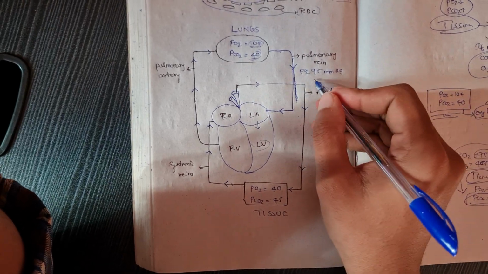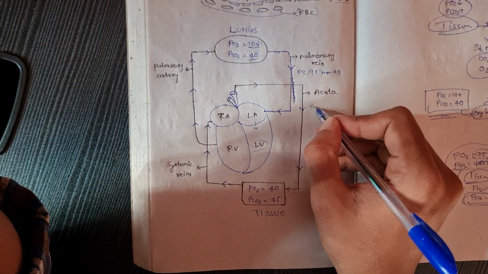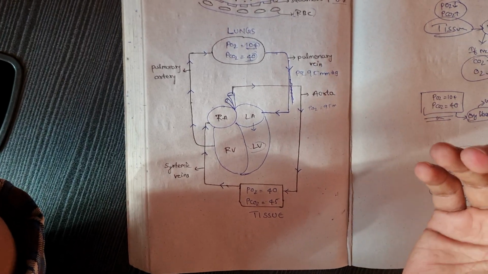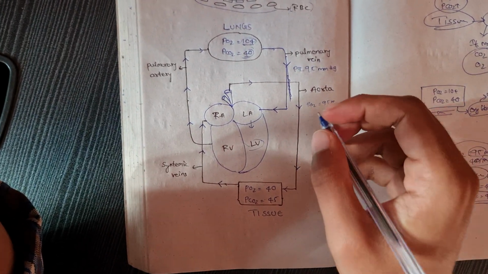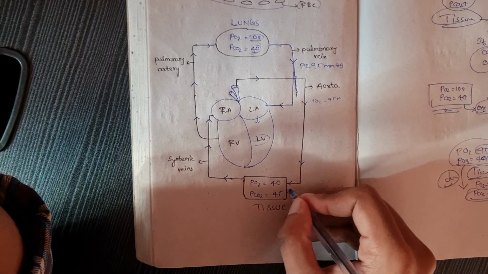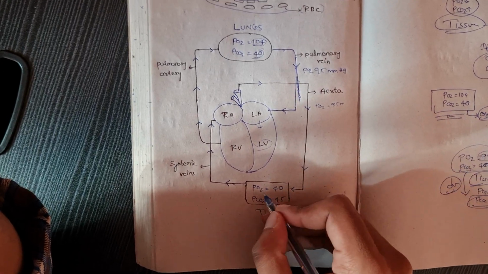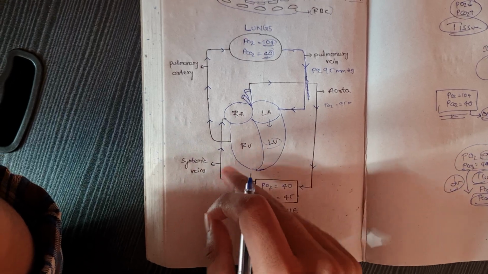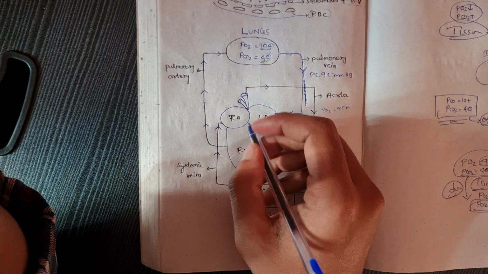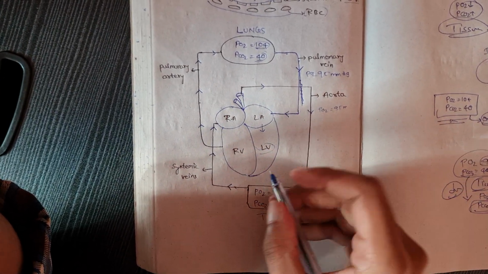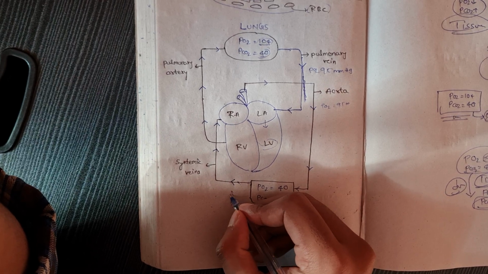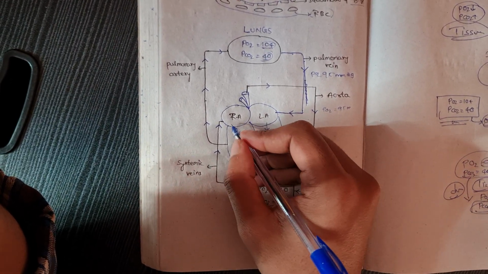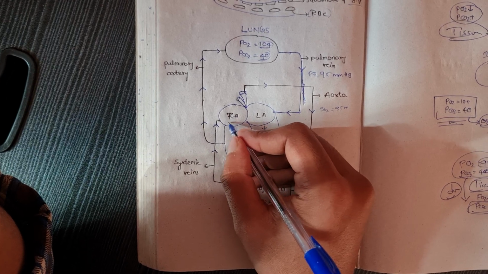In the aorta, the value of oxygenated blood is the same as in the vein. Okay, guys. So then it will move to the tissues, and in the tissues again the diffusion will happen, and again the blood is moved to the right atrium, because here in the tissues the oxygenated blood is converted into deoxygenated blood, and again it will move to the right atrium,